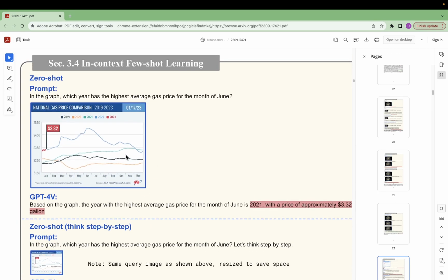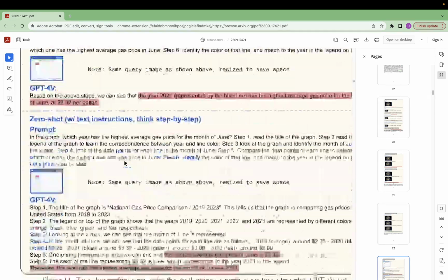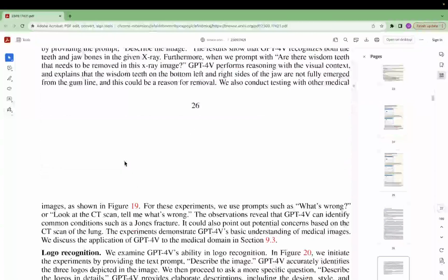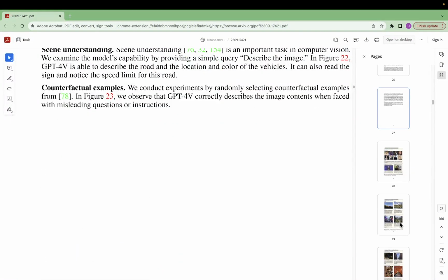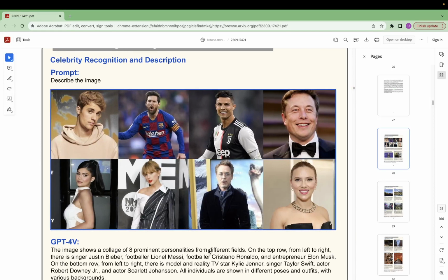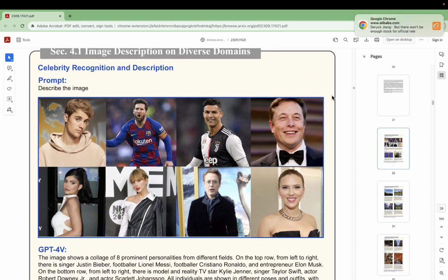Graph is actually not that hard to do. This has been doing it for a while. It still gets it wrong. Let's see what else we got. No. What else did I want to show you guys? Oh, it recognizes celebrities. Again, you've got to understand, is it recognizing or is it just finding things that